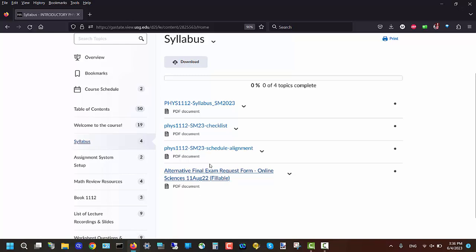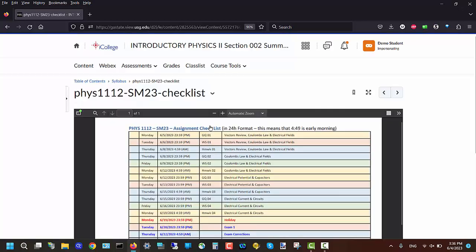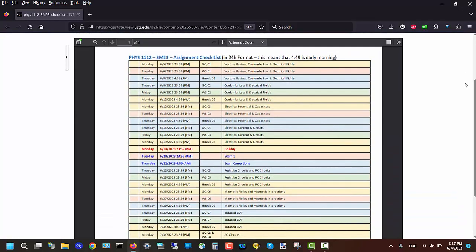And for the people who need alternative final exam requests, this is where they can find the form. The checklist is important, so I'm going to click on it. Here is the checklist, and it lists every day of the semester.